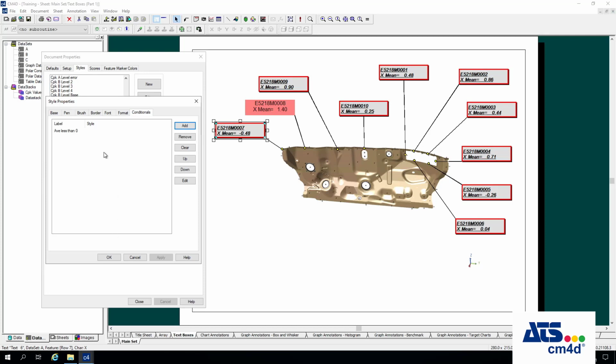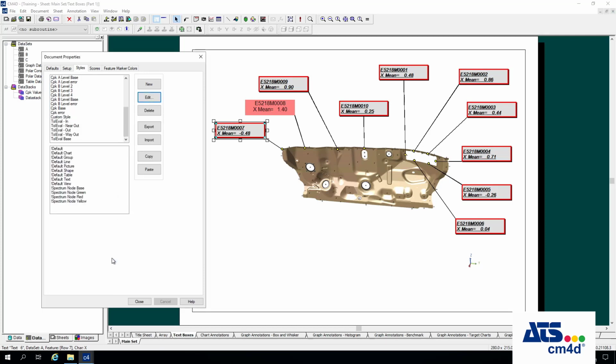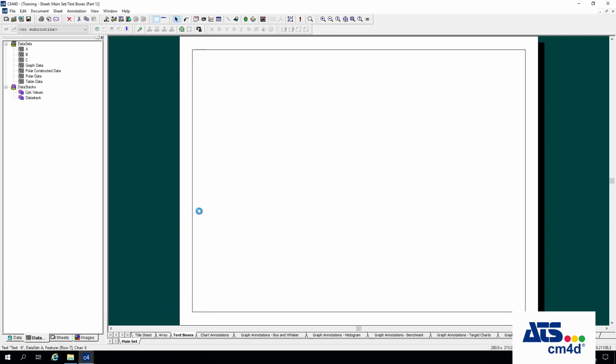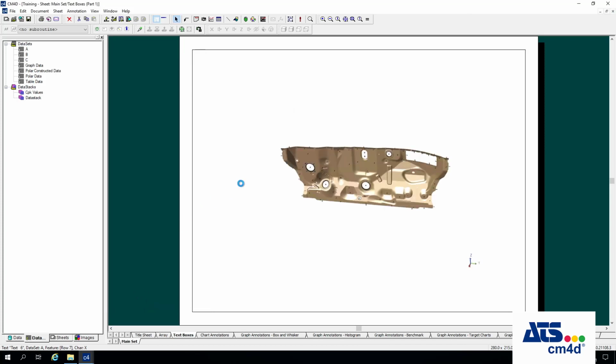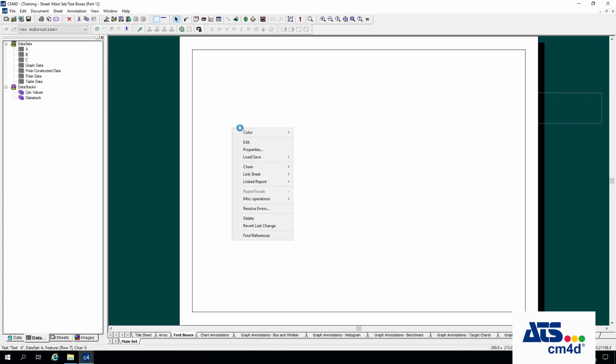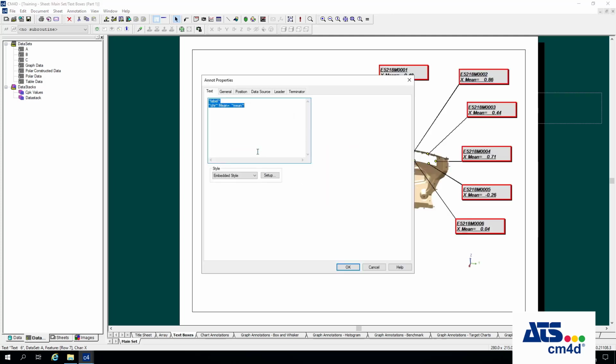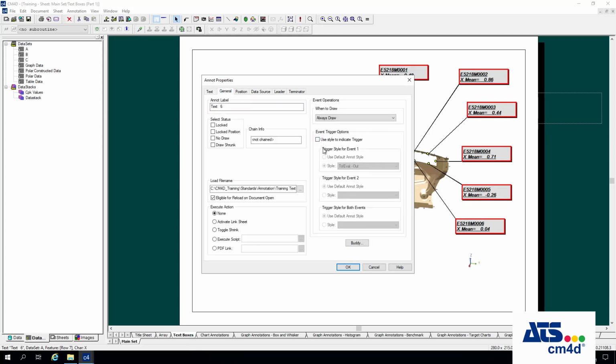So I can do that. And if I hit OK and OK, and then right click, go to properties, here under style, I can choose use conditional style, and then under general, I'll make sure to turn off this event trigger properties. I don't want this working at the same time. So I will turn that off